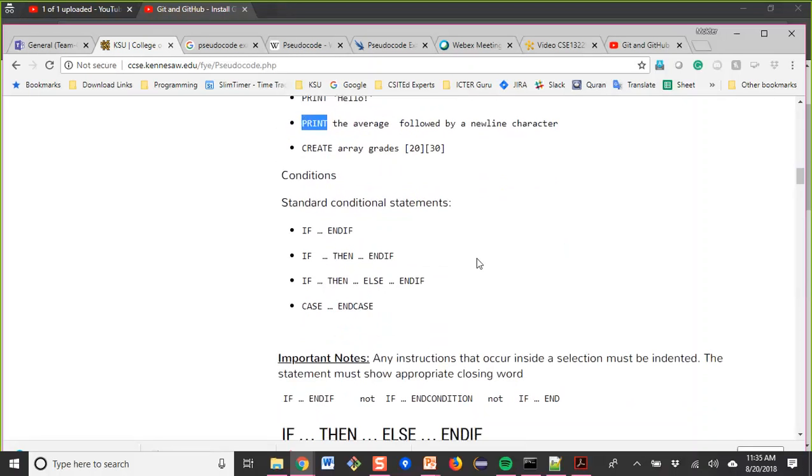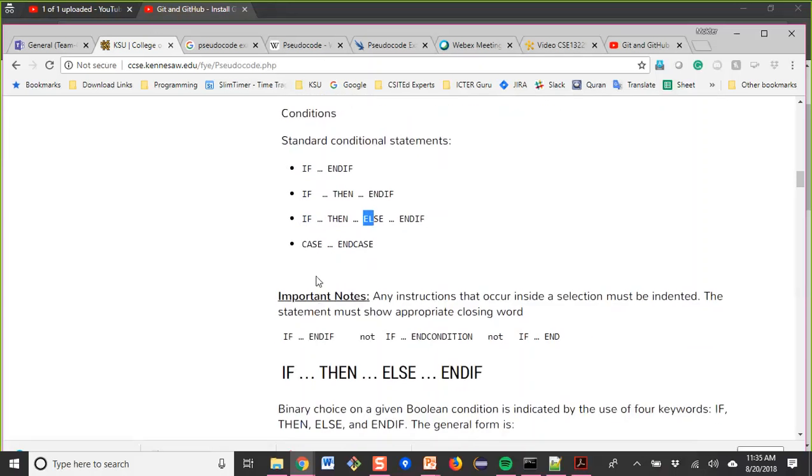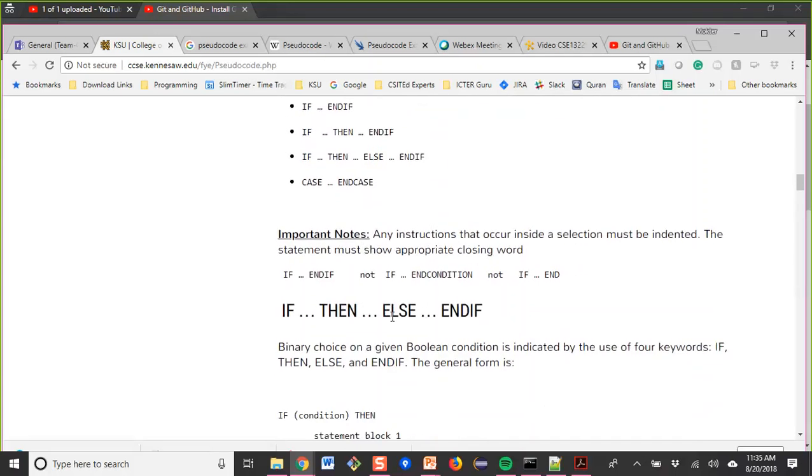And then the most important things are conditional statements, like if. We know if is used to emphasize a condition. If there is some condition, if and then, and then is optional, then else if, then else. There is a specific format of using if, else if, and end if. So please look at the important notes.